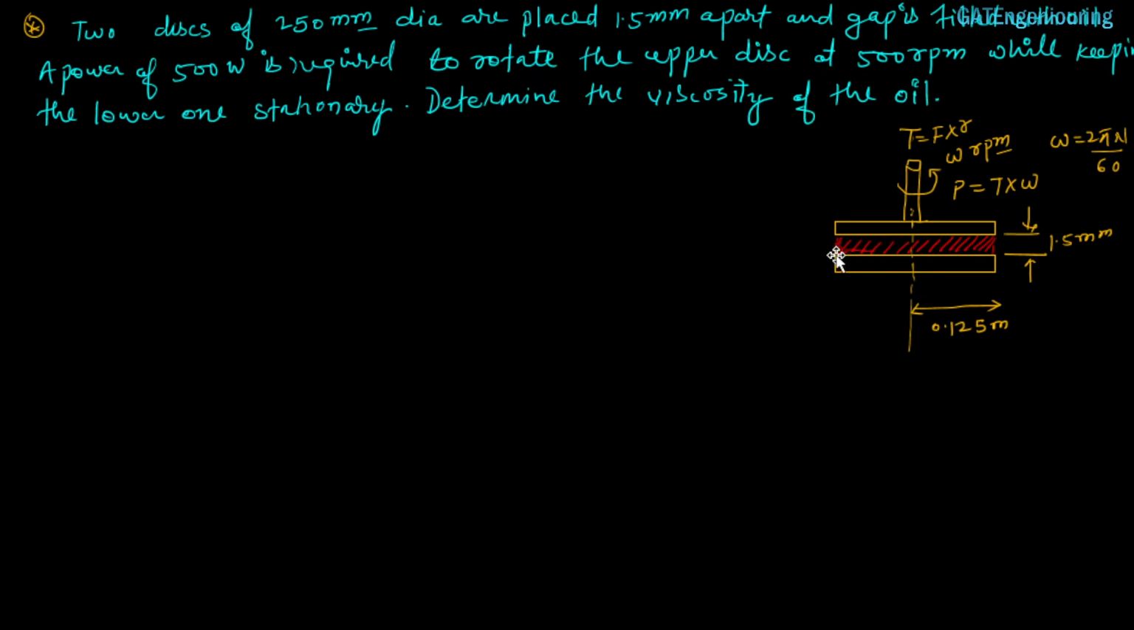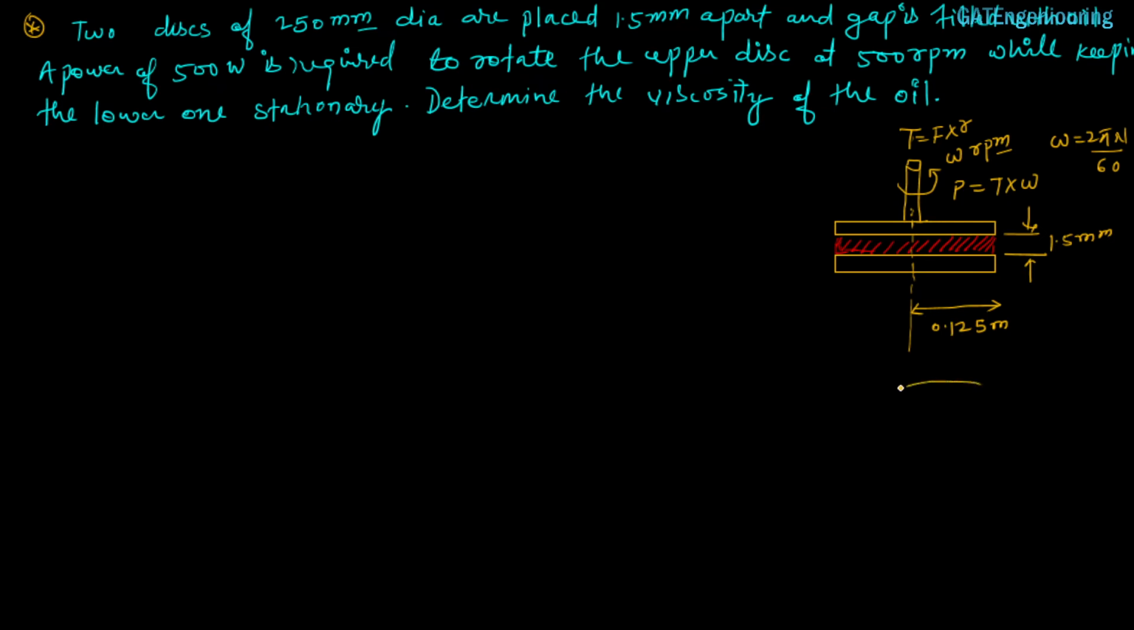Obviously this red region is basically the oil filled in this gap of 1.5 mm. This oil is having some viscosity and that viscosity is offering some resistance which is resisting its motion. So to overcome that resistance, a 500 watt power is required at 500 rpm. So we have to find out what is this viscosity of the oil. If we talk about the disk,